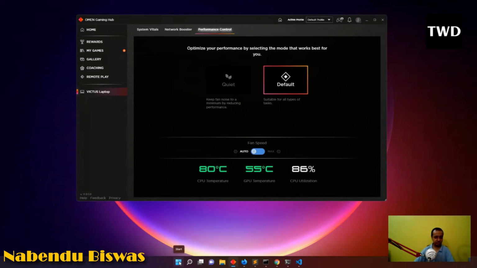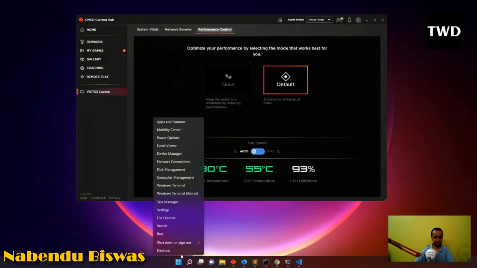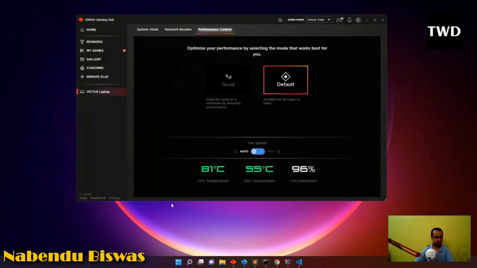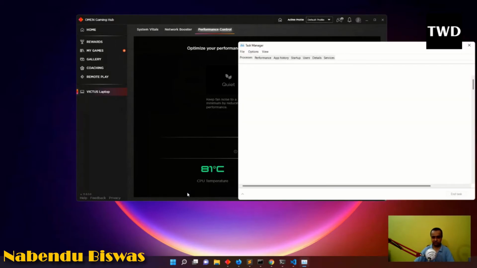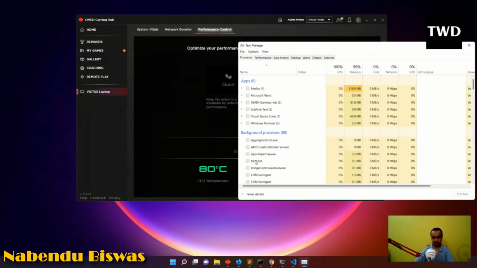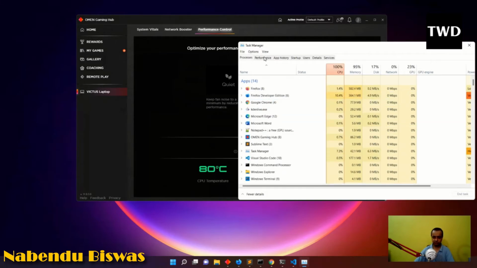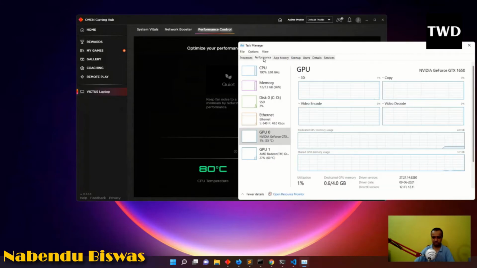Let me go to the task manager. Now even the task manager is not opening. Okay, the task manager is opening, and I know Firefox takes a lot of space, but what can you do about that? CPU is also at 100%, and I don't know why it is not even kicking up the GPU. It is kicking up the internal AMD one, which is at 25%, but not the other one. I don't know how to make it kick in when you are working with Kdenlive. So that is not an issue.